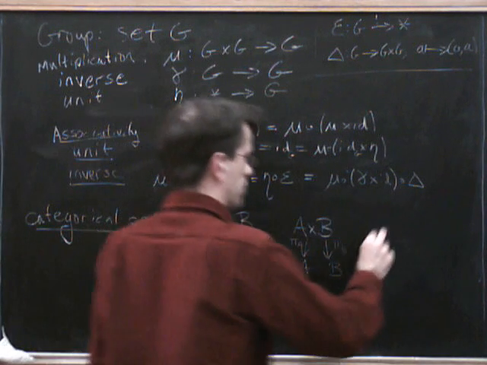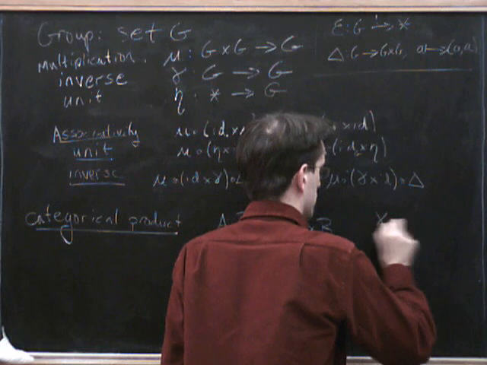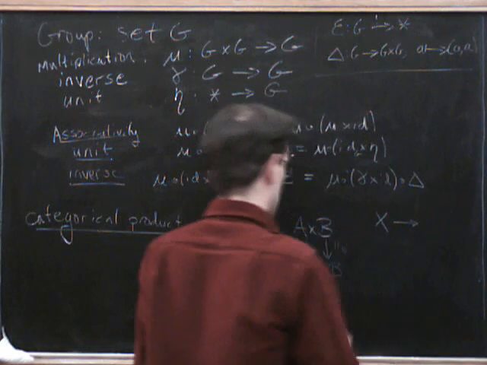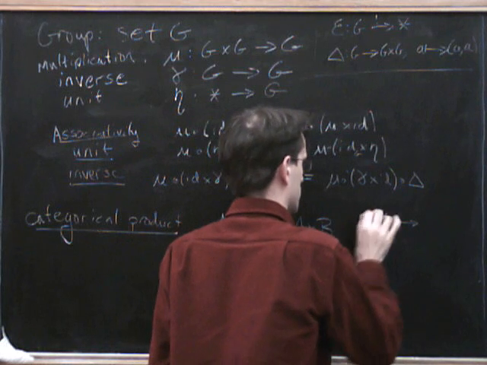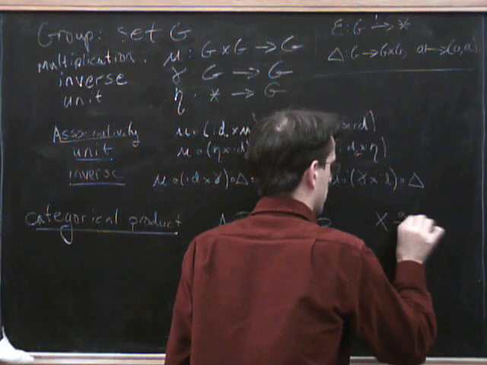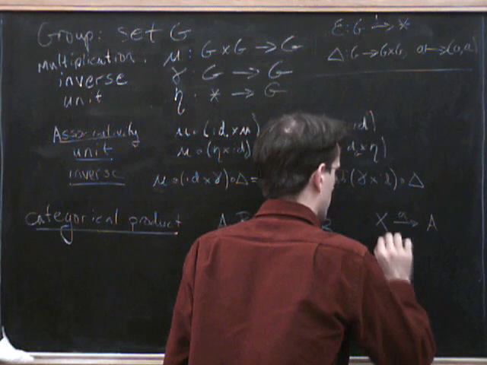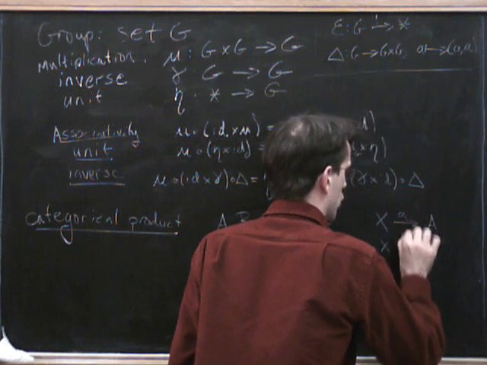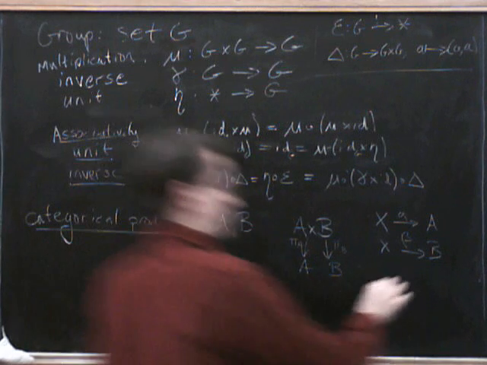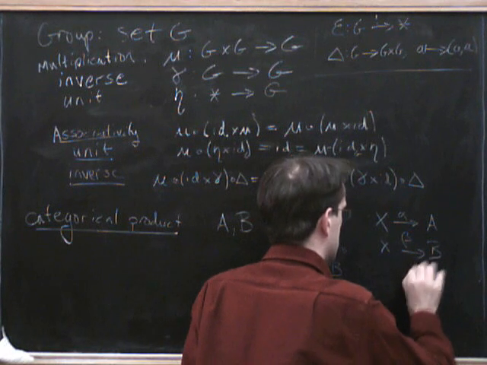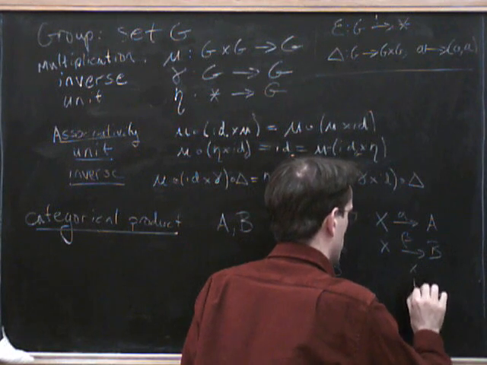If we have a map alpha from X to A, and a map beta from X to B, then we have a unique map from X down to